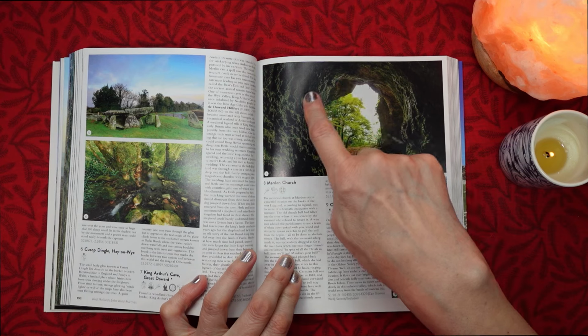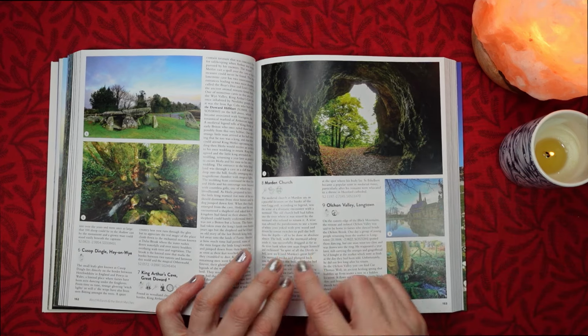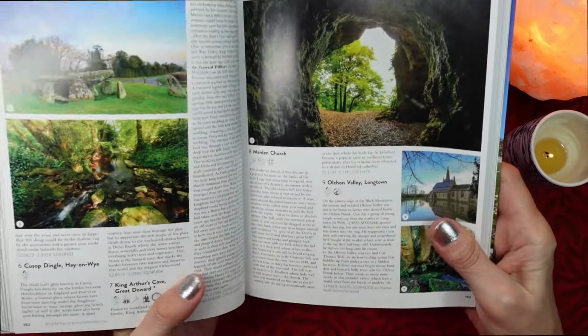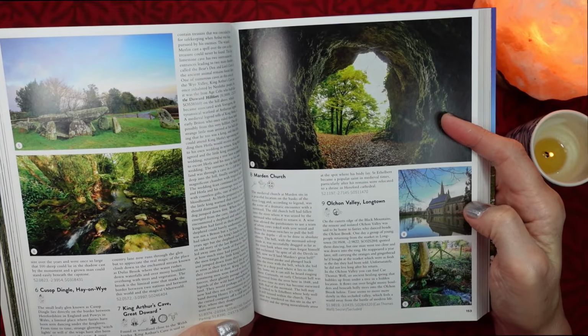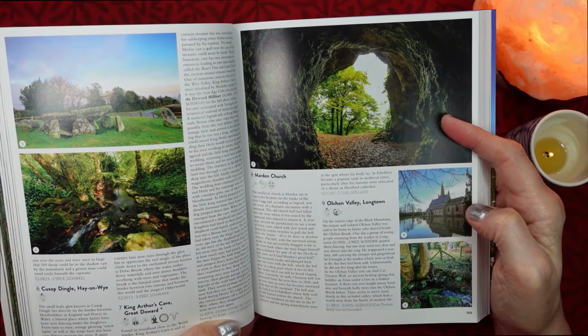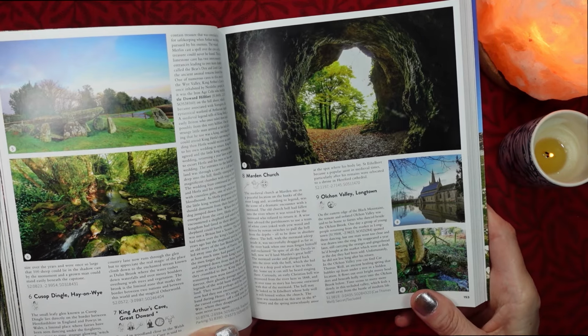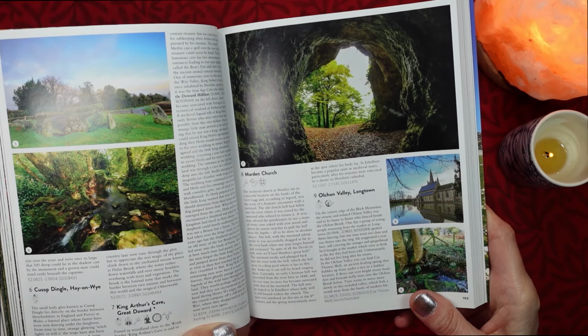Now let's read about this curious cave. This is King Arthur's cave at Great Doward, found in woodland close to the Welsh border. King Arthur's cave